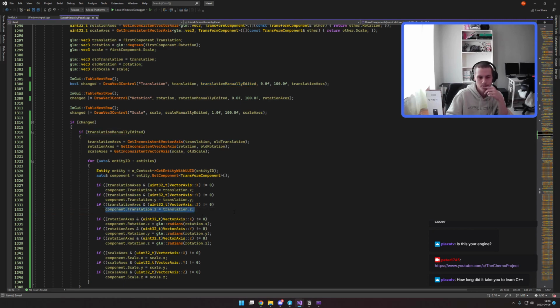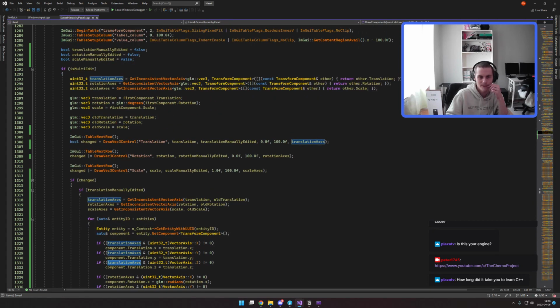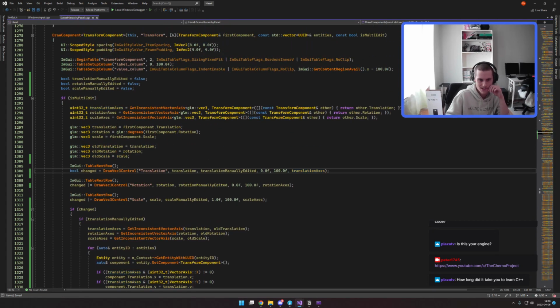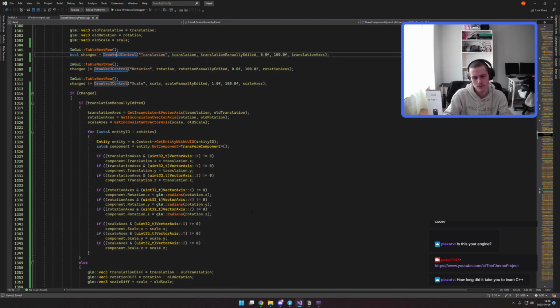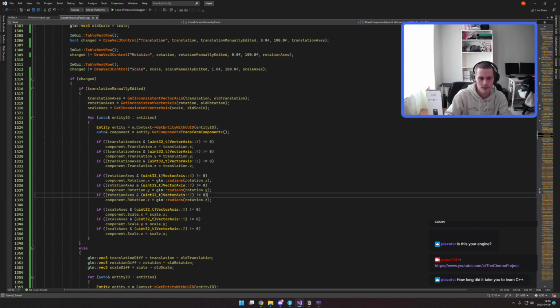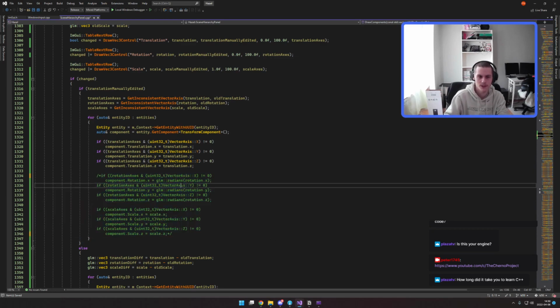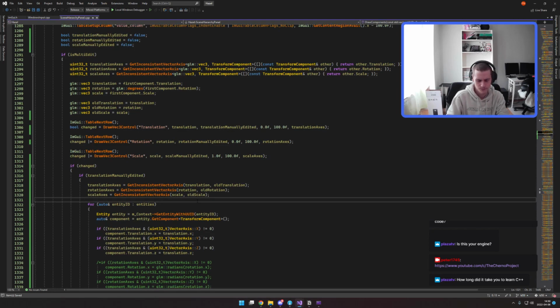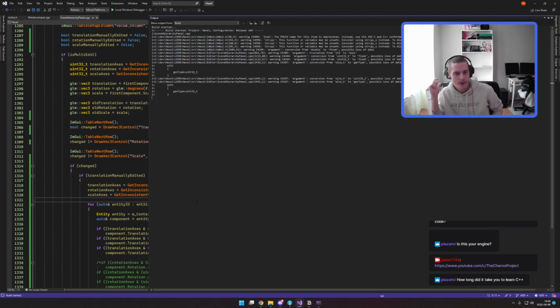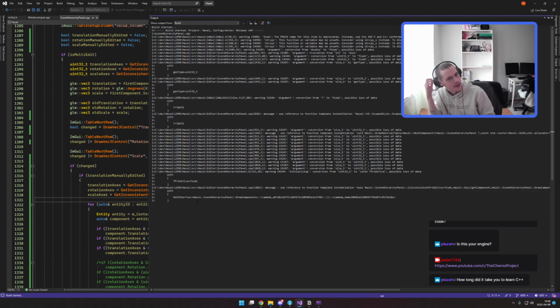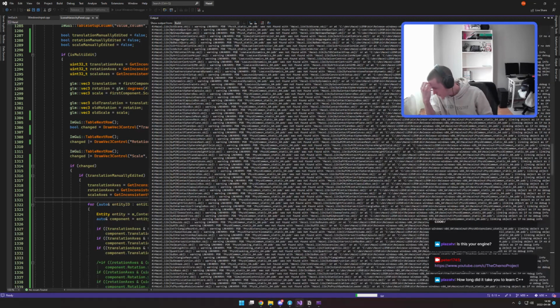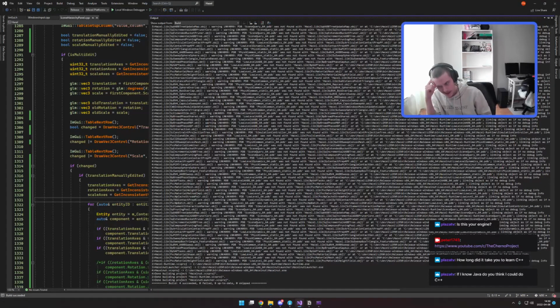Well... Don't we sort of know this, though? Well, no, we don't. So it would be good to know which axis got modified, because we don't want to change all the others. But do we, though? If I just get rid of rotation and scale, and we just focus on the translation for now. If this behaves the way I think it does, then the objects would end up at the exact same